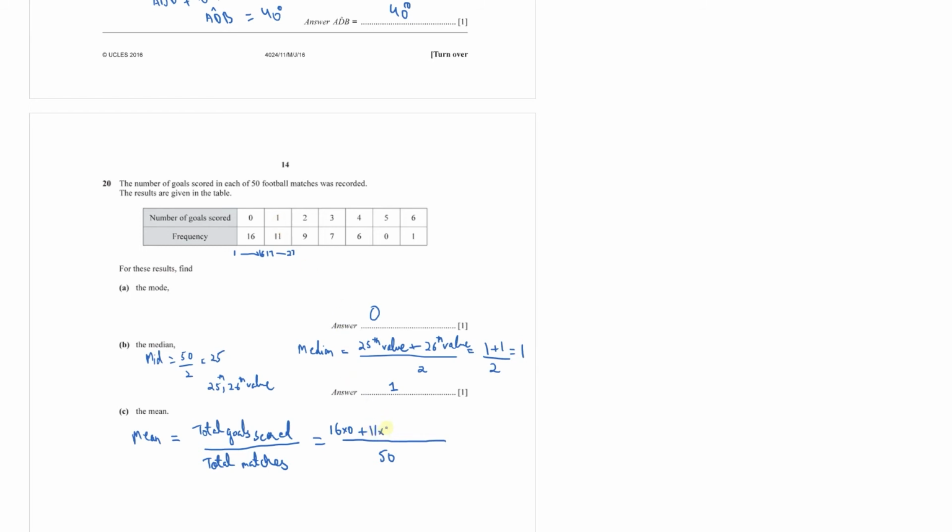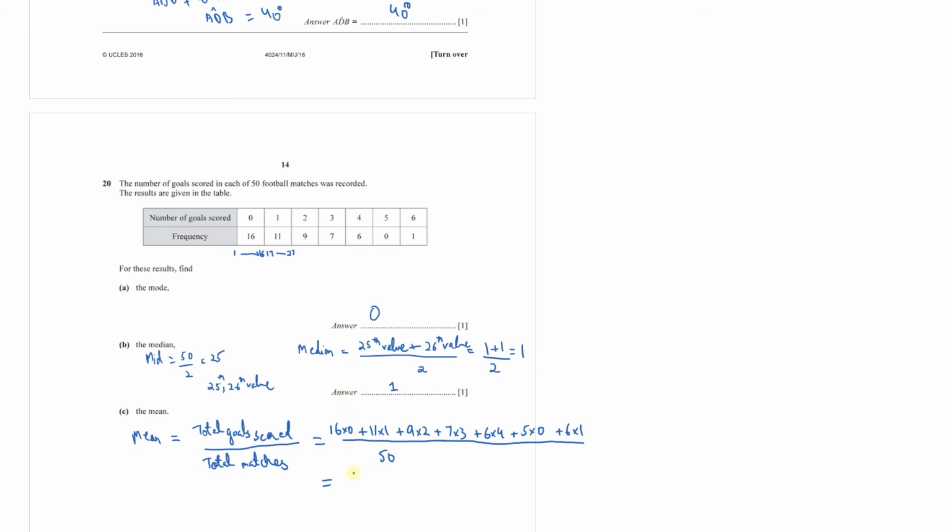That means 11 times 1, plus 9 matches with 2 goals. So that means 9 times 2, and so on. 7 times 3 plus 6 times 4 plus 5 times 0 plus 6 times 1. So this will give you the total number of goals scored. What we are doing is basically multiplying the goals scored by the total number of matches for each of these